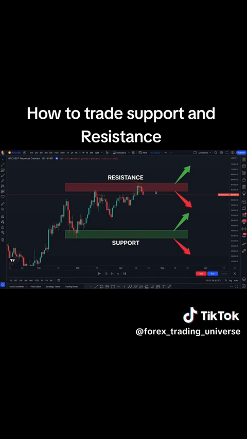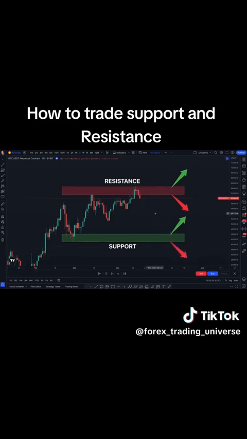a high probability that the price will go down from there. But on the other hand, if the price is able to break above the resistance line, then there's a high probability that the price will shoot up from there. Same thing with support. If the price comes down and tests a support range, there's a high probability that the price will shoot up from there. On the other hand, if the price breaks down below the support, there's a high probability that the price will